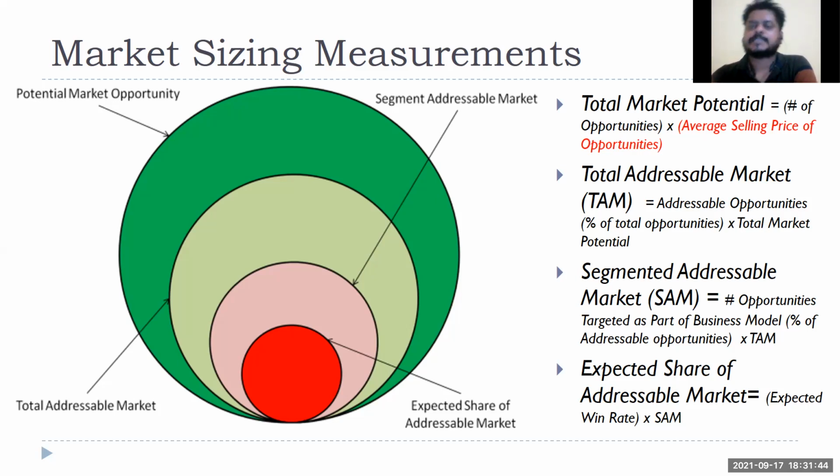Under that, the expected share of the addressable market. Obviously, it is not that whomsoever you target, you will win all the companies. Not all the banks are going to buy your software. Out of that, maybe 5% or 10% or 2%. That is where you will justify. Where there are already so many larger players, finding a 10% market share will be a huge challenge, so I'm looking at a 5% or 3% market share. They will obviously question why 3%, why not 30%. As long as you can justify that, that is okay. Nobody gets the exact number there. Any questions on this?